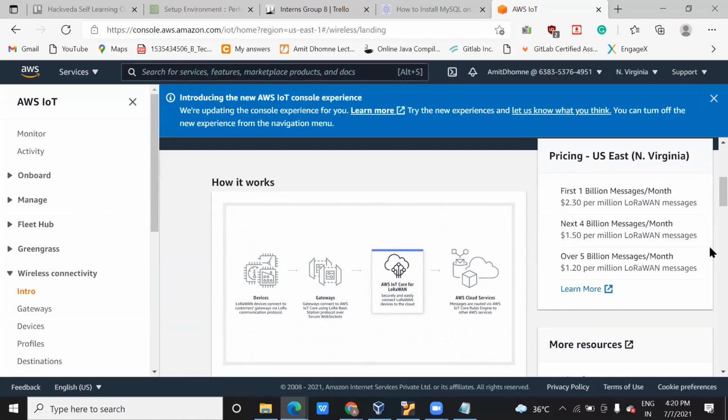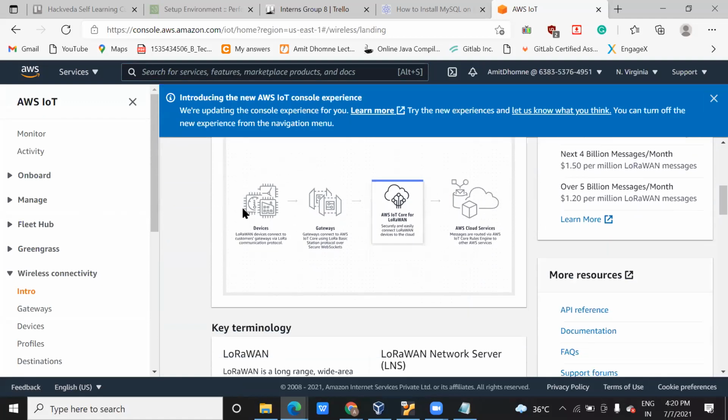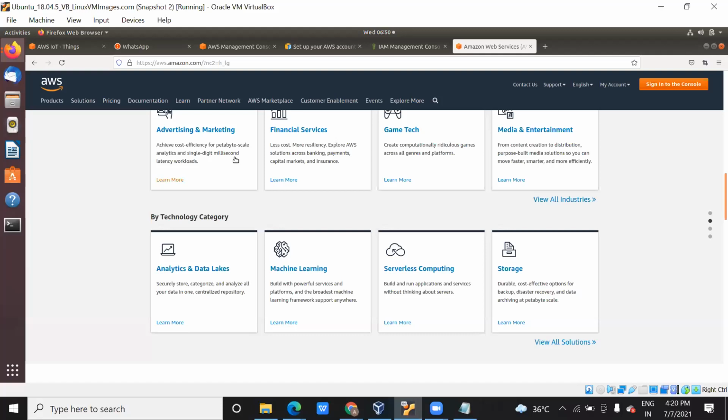So you can see on my screen, right? It is something like this. You have some hardware device. Okay, you will install some software on this IoT core. I am going to show you how we do that. That IoT core will help you send a message to this cloud. Means you can see your message will be forwarded to the cloud. Now the question is, how are we going to do that? We write some code. Okay, for this we write some code. Let me show you what actually it is.